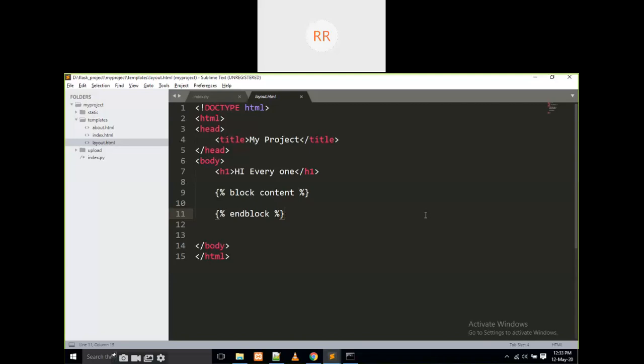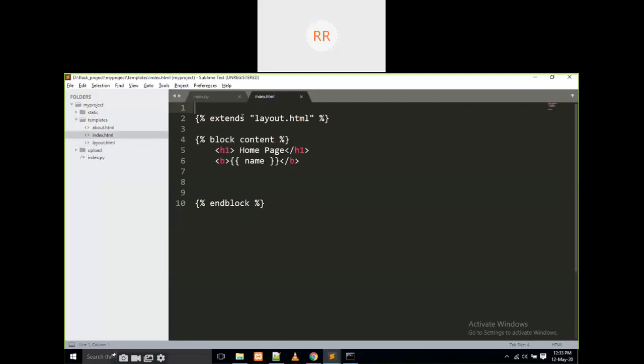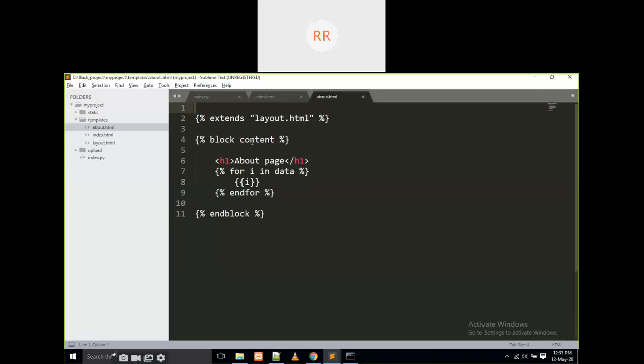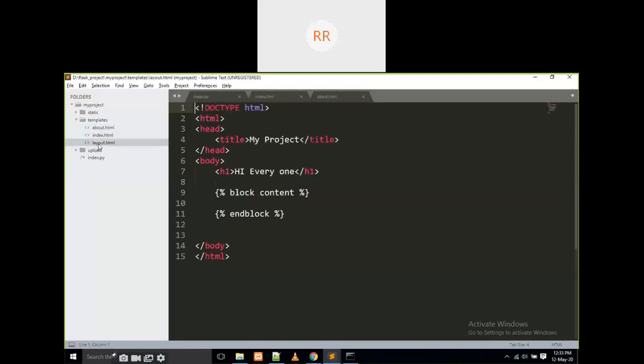Yes, this is the common page. That means we keep all the common code here. If you observe our index.html, we are going to extend layout.html in all pages. That is the importance of layout.html.